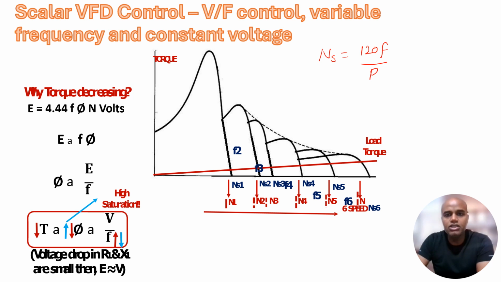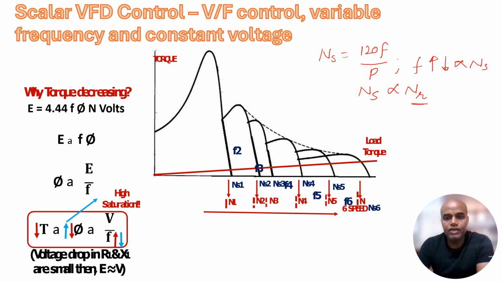This relation gives a direct impression that if I increase or decrease my frequency, in other words if I vary my frequency, I can directly vary my synchronous speed, and that directly varies my rotor speed NR. Here NR represents my rotor speed. So just by dealing with the frequency, I can have control over my rotor speed. However,